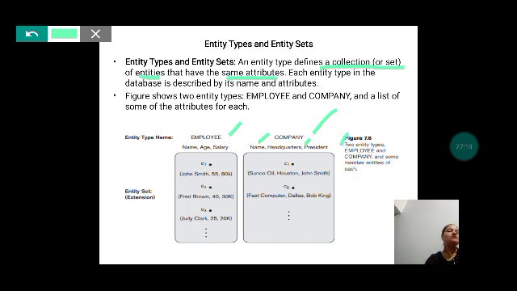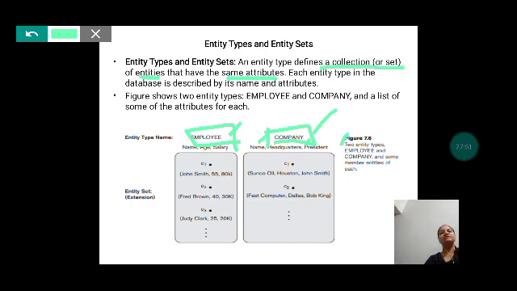All the entries we see here have the same attributes, that is name, headquarters and president. So this is the entity type. Basically, entity types define a collection or set of entities that have the same attributes. And each entity type in the database is described by its name and the attributes for which we will be making the entries.